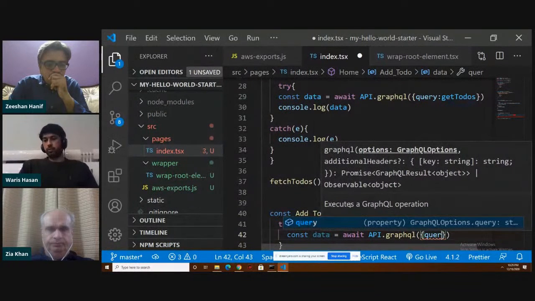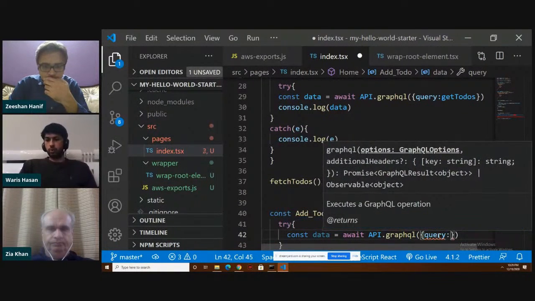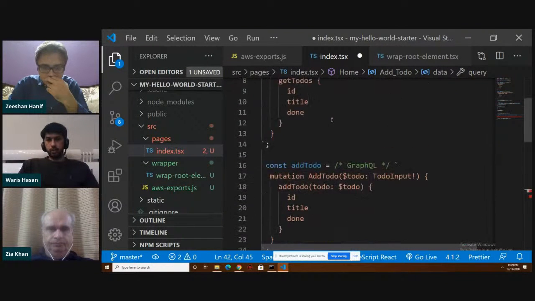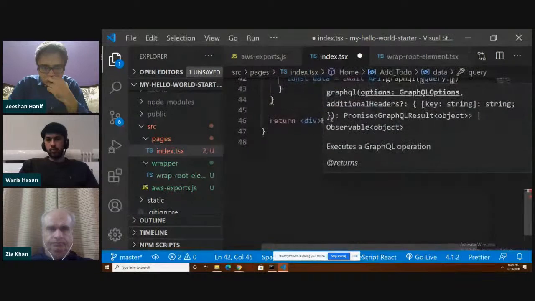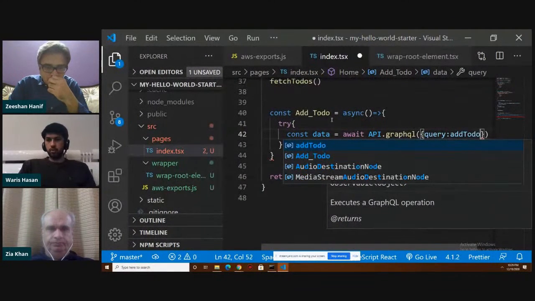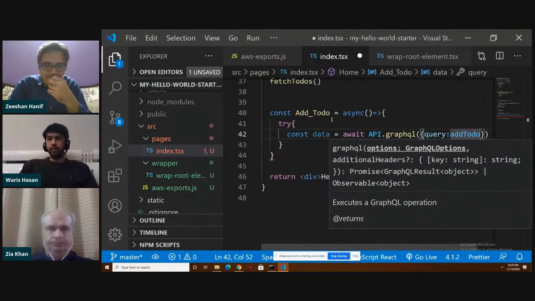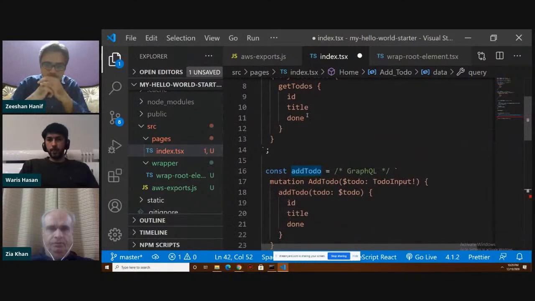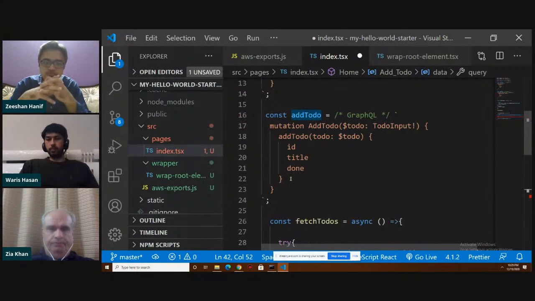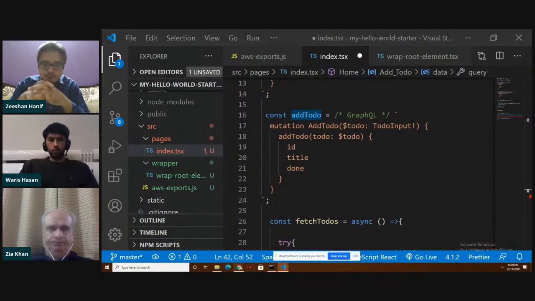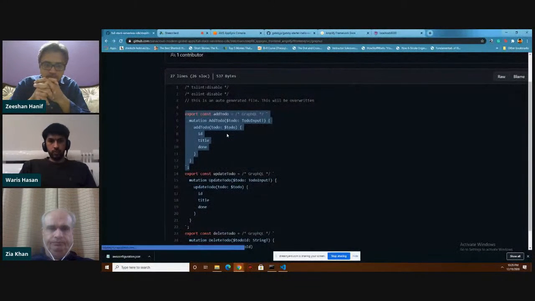So now this is kind of confusing. You always have to write query over here, even if you're using a mutation. I'm not sure why, but that's how it is. And our mutation is addTodo. Okay. And then we also have a variable in it. The variable is of the type TodoInput, which is, let me just